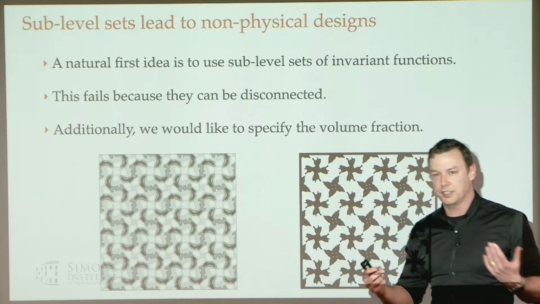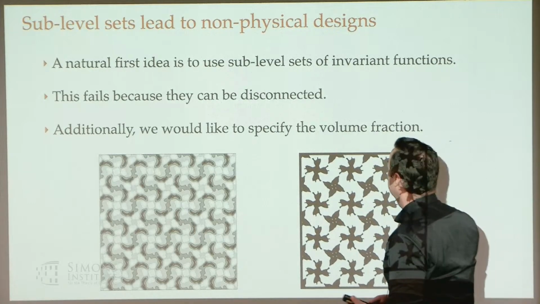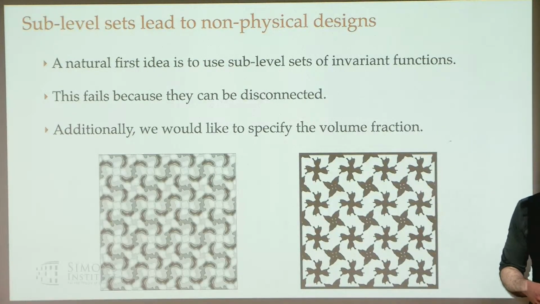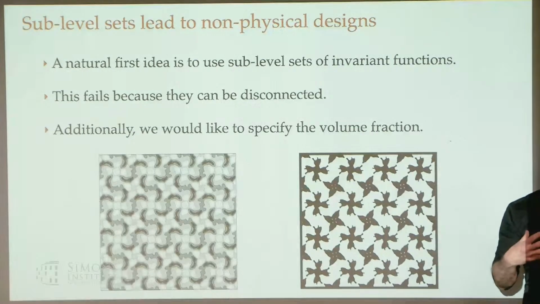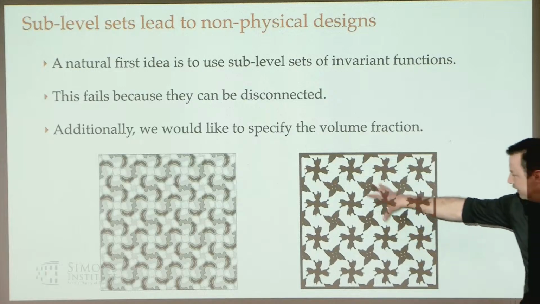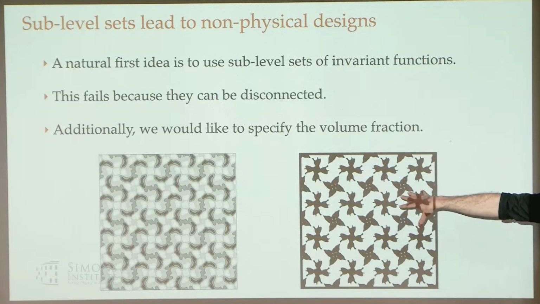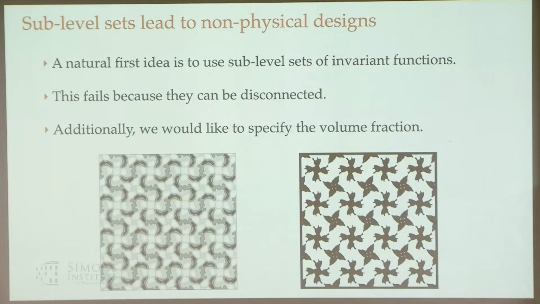Now, I've been presenting all these things talking mostly about level sets and contour functions as the way to approach things. But that actually turns out to be not a great way to tackle this kind of problem, because you can wind up with non-physical designs, right? Because there's no reason that a level set of a function is going to be connected. And of course, if we're going to actually make this object, it needs to be connected. So if you think about the black here as being the material, then these things hanging in space are not going to make sense as part of a metamaterial. And that's what I would get if I just took a sub-level set of this thing.